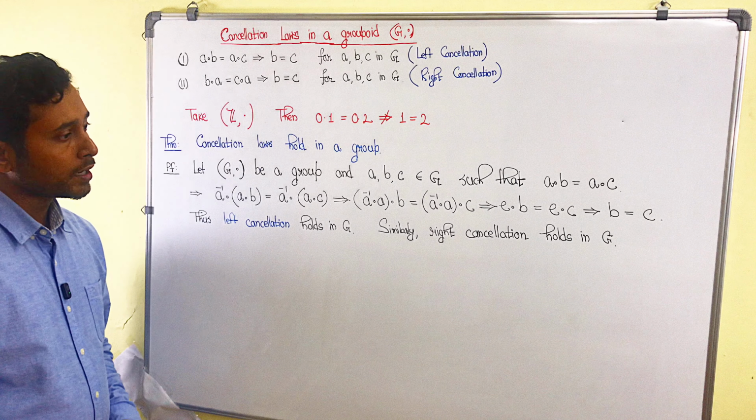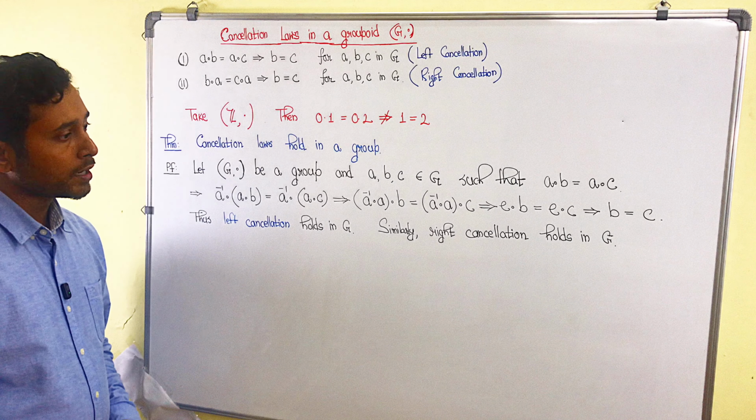Now let us try to see what is the connection between this function and left cancellation. You can note that left cancellation holds if and only if this LA is injective for all A in G. Indeed, LA x equals LA y would have to imply x equal to y in order for LA to be an injective function, right? So what is the meaning of that? LA x equals LA y means A compose x equals A compose y, and you want LA to be injective, that means you want x to be equal to y, and that is exactly the requirement for the left cancellation law, and that's why we can